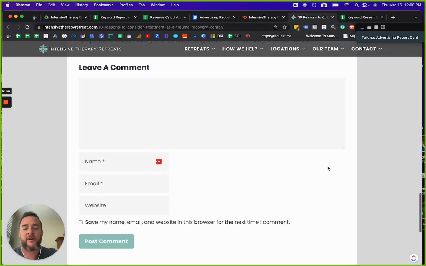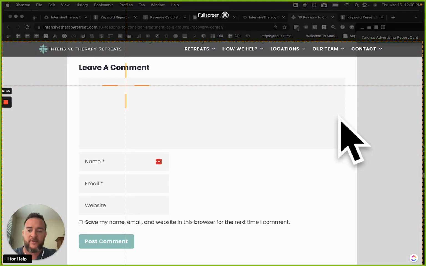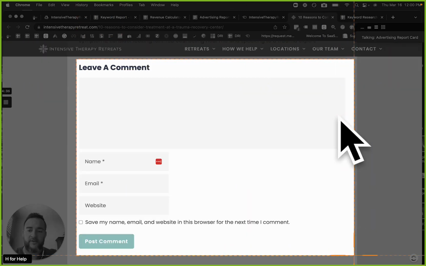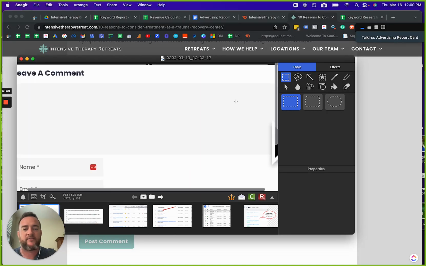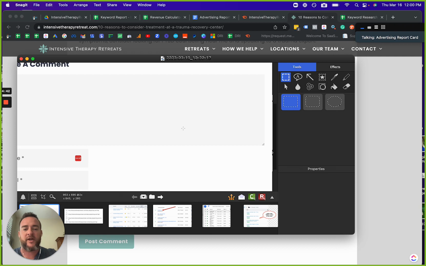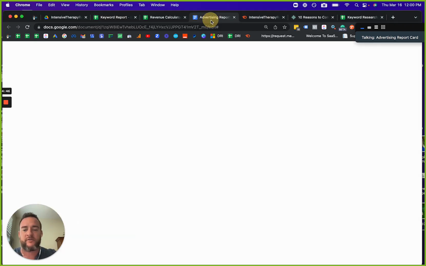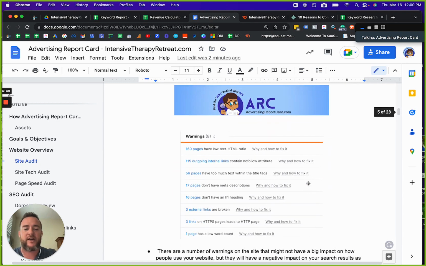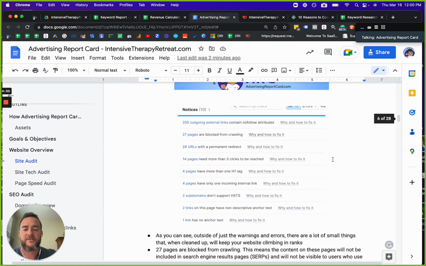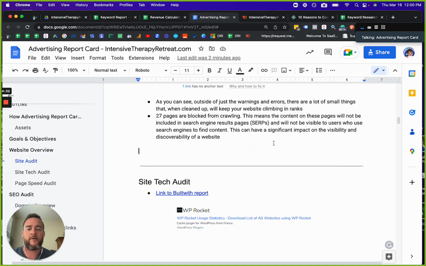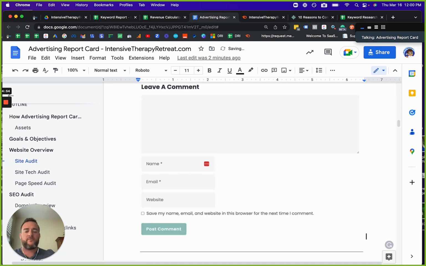Also, I would highly recommend getting rid of the leave a comment section on any of these pages. There's actually a plugin that you can add to WordPress that gets rid of comments, because this area is the number one exploit for JavaScript hacks. So at any point in time, if a bot is crawling your site and you want to hack a website, what they'll do is try to exploit this.